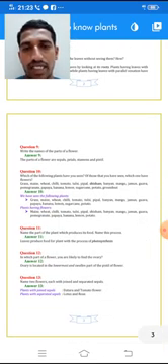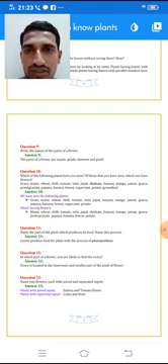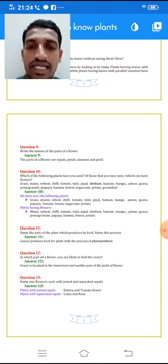Let's go for question number 9 now. Write the names of parts of a flower. It's very simple here. First you have to start with the sepals, petals, then the male and female parts of the flower, that is stamen and pistil.